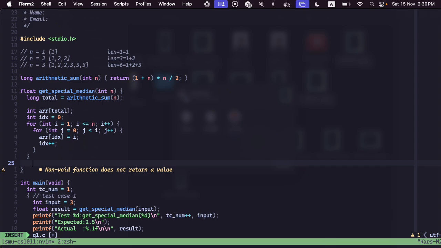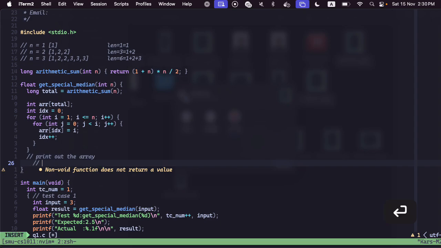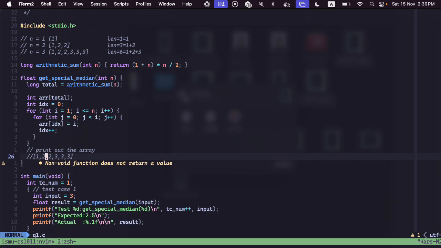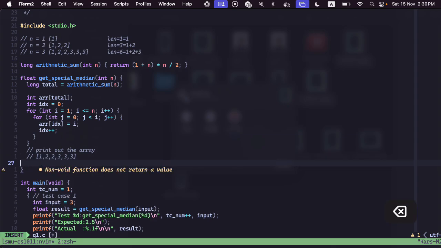So if you want, you can print out the array over here. You can try to print out the array to do a quick sanity check. If not, usually that should already give you 1 2 2 3 3 3 and so on, right? So this already gives you that structure. Now with this, all you really need to do is find the middle point. The middle point here is quite straightforward to find,